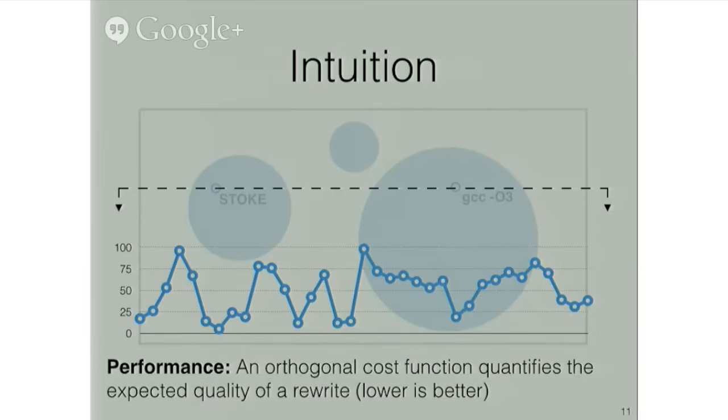So here's a hypothetical example of an expected runtime function. You'll notice, in particular, the lowest point on the curve corresponds to the code discovered by Stoke, indicating that this would be the fastest code along this slice. Whereas the GCC code is good, but it's only a local minimum. And here I've also noted that just because a rewrite is functionally correct doesn't guarantee that it'll have a low performance cost. So in general, what can we expect? We can expect that these functions will be quite poorly behaved. They'll be sharply discontinuous, highly non-convex, and they'll just be full of these local minima.